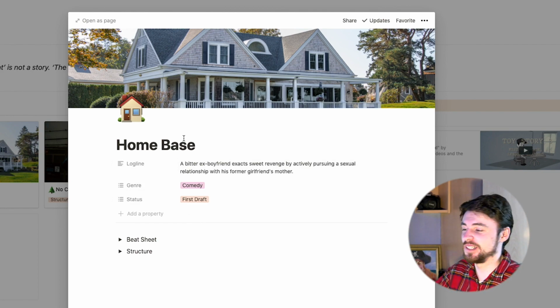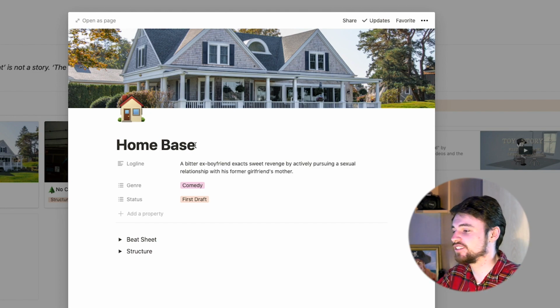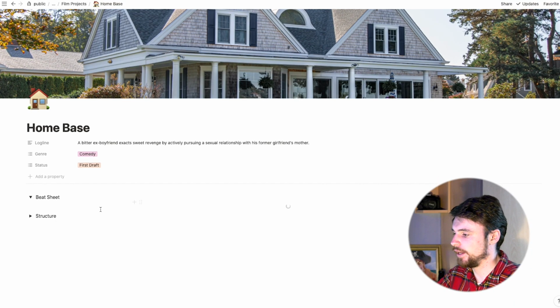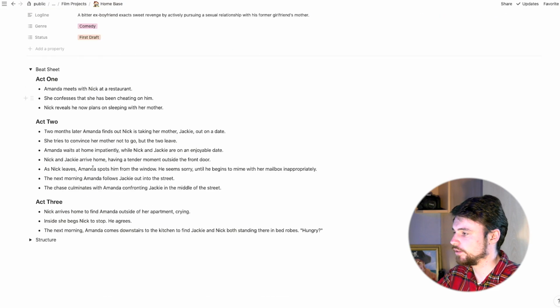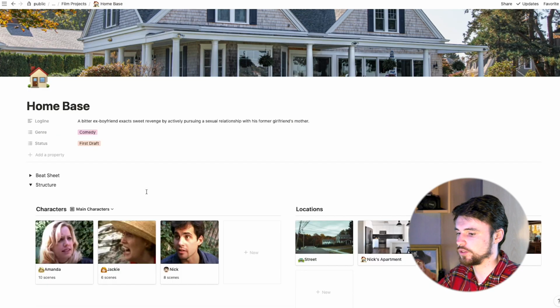You can watch that film if you want. It's not like it has a particularly good structure or anything. It's just because I knew it that I did it. So let's have a look at this. So as you can see, I have the beat sheet here. Act 1, 3 acts there, and then we've got it built into our structure, which,